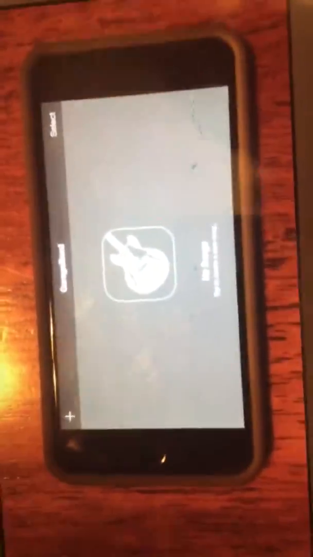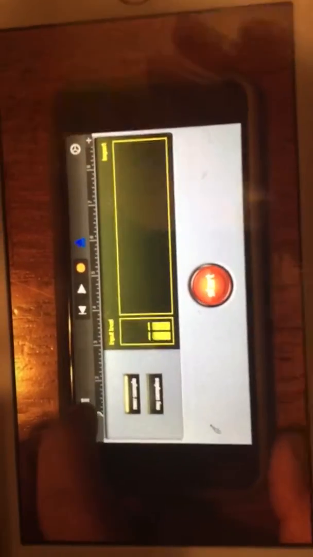This is your tutorial of how to make your own ringtone. Go to your GarageBand app, hit the plus sign, you can click on sampler, and these little bars up here at the top left, you click on those, that'll open up this screen. When I push the loop, that'll allow you to add songs into your phone. Go to music, all of your iTunes music will show up, so you can select which song you want.